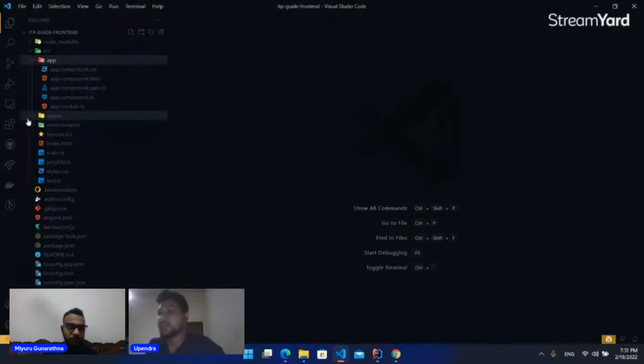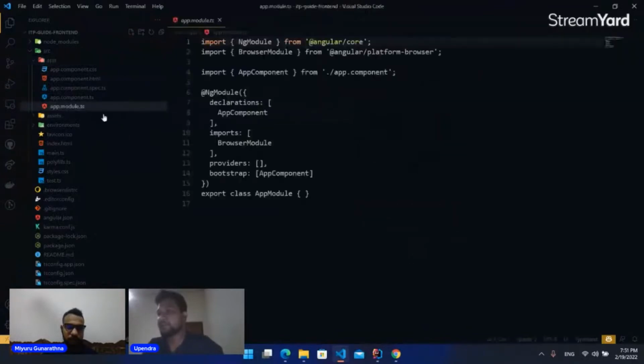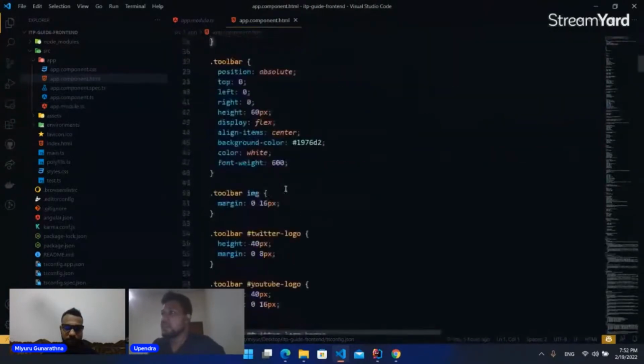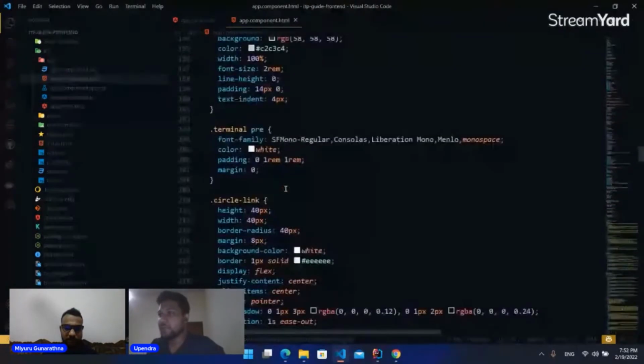The app is the component provided by default by the Angular CLI for us. Inside that, we can find the app module, the app component file, and also the HTML file itself. So guys, the app component TS file is the code that we have seen in the diagram, and the HTML file is the HTML template that we are using. So if we go to the app component file,